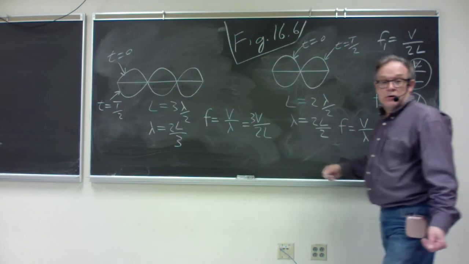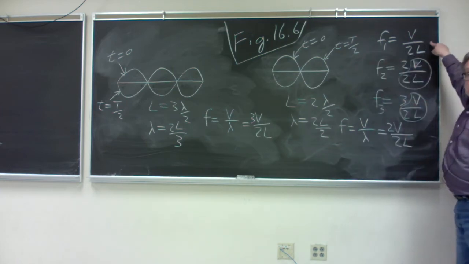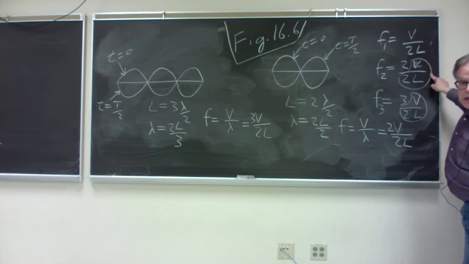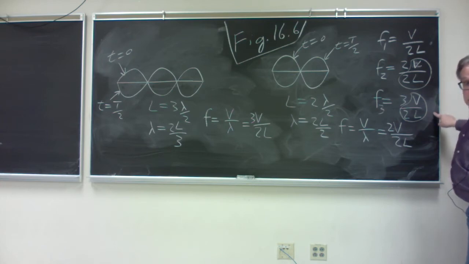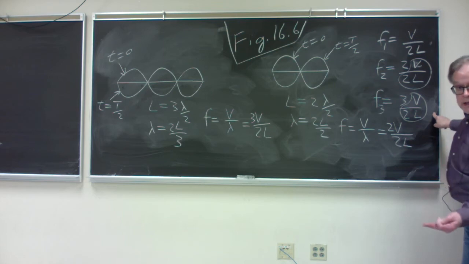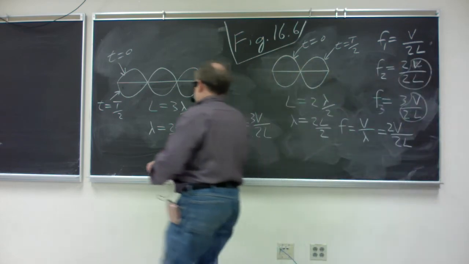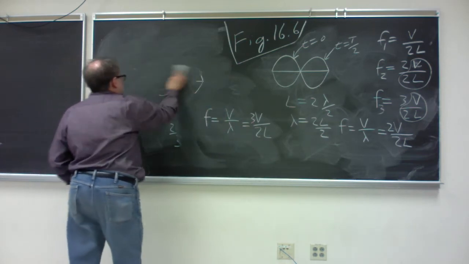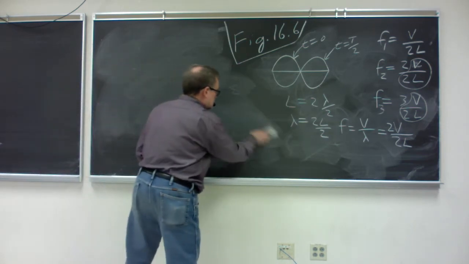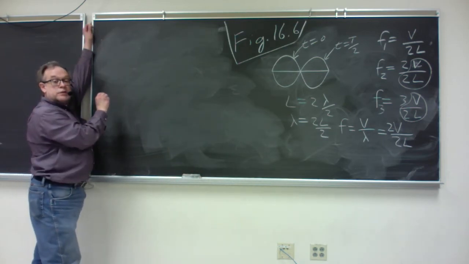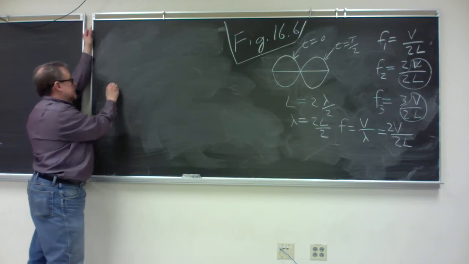And now you see the pattern. You've got a lowest possible frequency at which you could vibrate the string to get a standing wave. You would also get a standing wave if you vibrated it 2 times as fast. You would also get a standing wave if you vibrated it 3 times as fast, and so on. So the frequencies that will produce standing waves